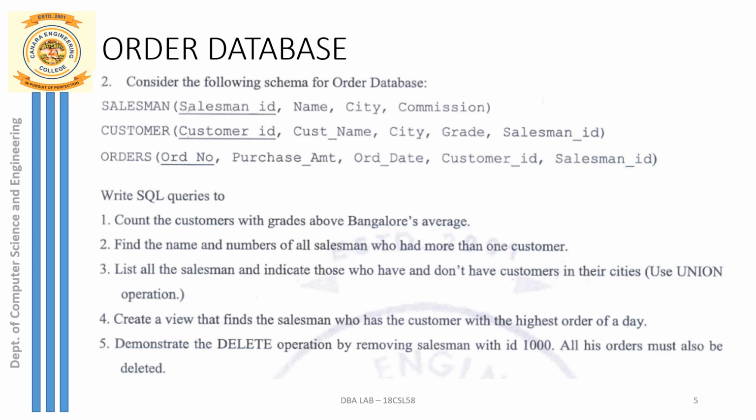As we have already discussed the schema of order database, we'll just quickly go through the tables that we have. The first one is salesman table, second one is customer table, third one is orders table. We have the salesman ID, customer ID and the order number as primary keys of the tables salesman, customer and orders. Make sure that the salesman ID values into salesman table, whatever you enter, are all unique. Again, customer ID values also should be unique. Then order number values also that you enter should be unique.